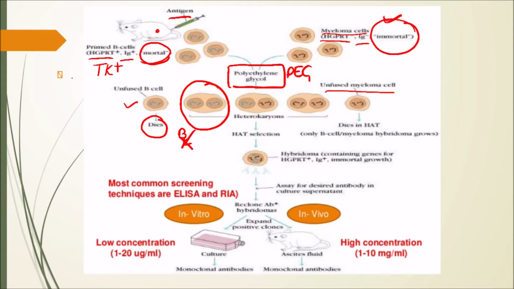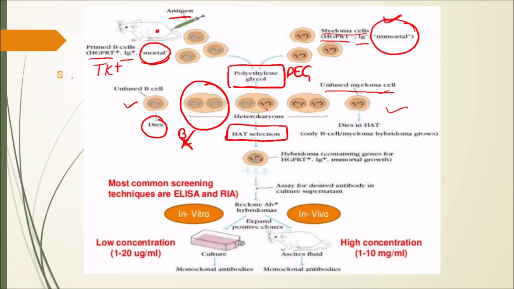Other than this, the hybrid cell, that is B cell and myeloma cell, you can distinguish through the color, these blue colored regions. So these are the B cells and myeloma cells. This fused B cell and myeloma cell, that is the hybrid, will survive. The fused myeloma cells can also survive, but for the elimination of these fused myeloma cells, HAT selection is done. In this HAT selection, the unfused myeloma cells and fused myeloma cells will not survive. I will tell this reason later on.